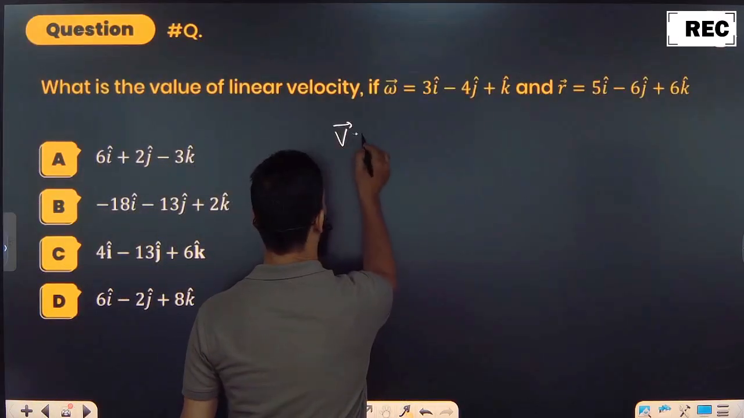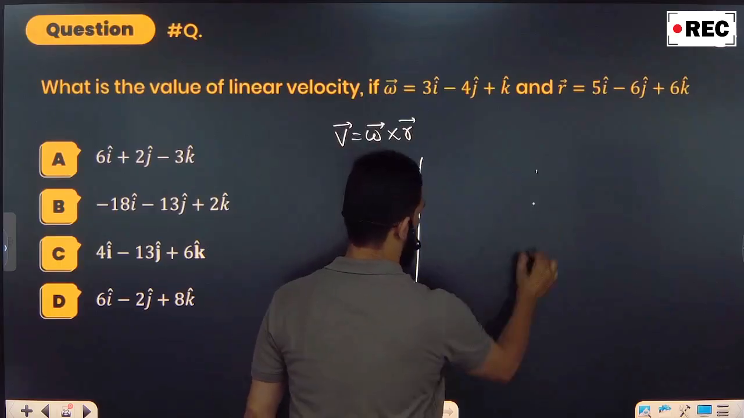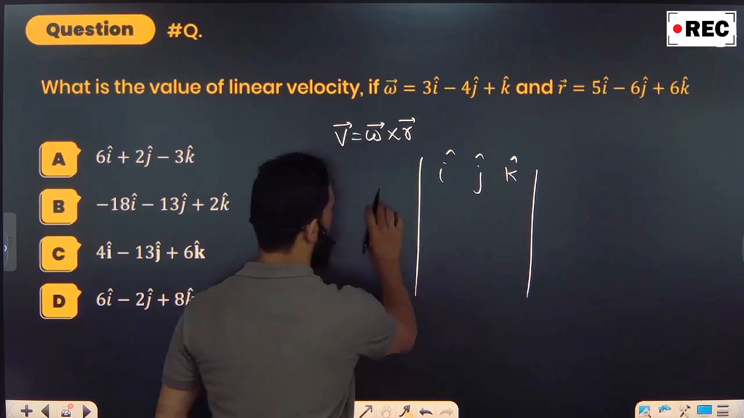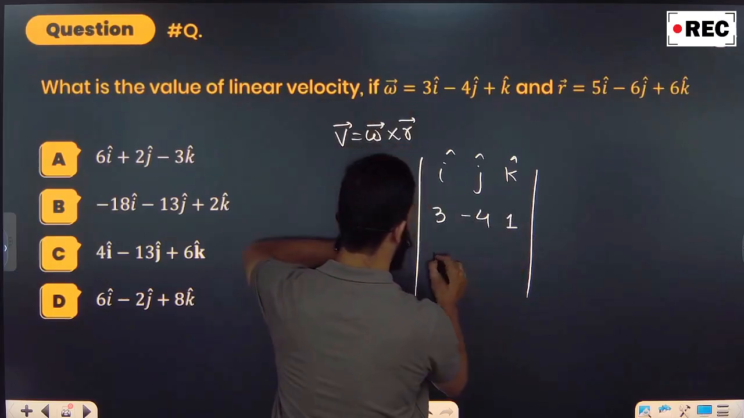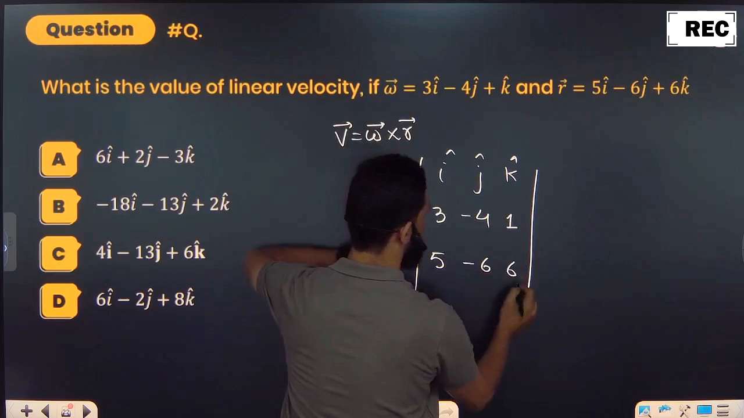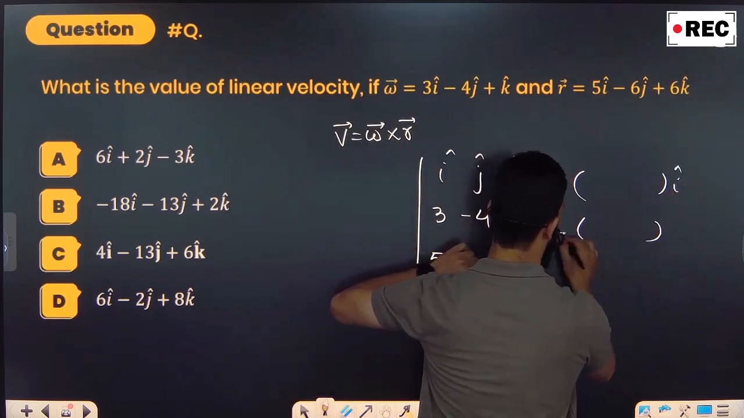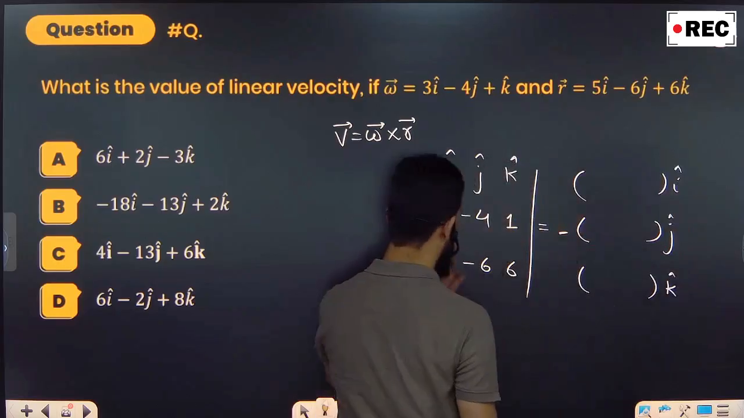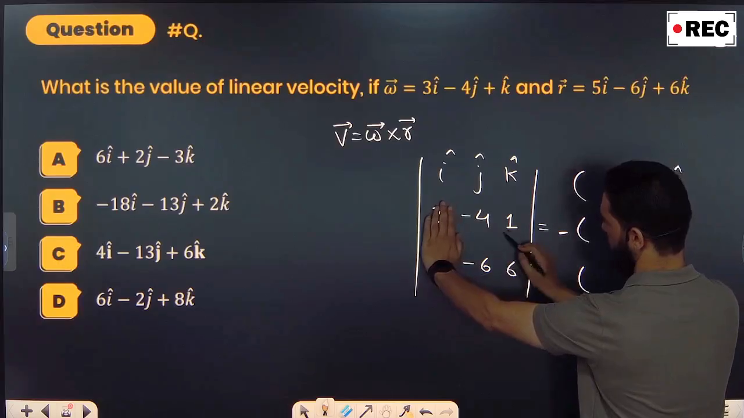ये असल में क्रॉस प्रोडक्ट का क्वेश्चन है. ओमेगा क्रॉस r. So I will say, बना दो i j k. पहले ओमेगा के वैल्यूज लिखो. 3 minus 4 1. फिर r के 5 minus 6 6. So whatever our answer is, it will have i cap minus के साथ j cap and k cap. When I write down i, 6 4 24 minus 24 plus 6,